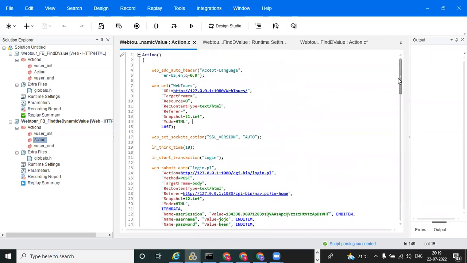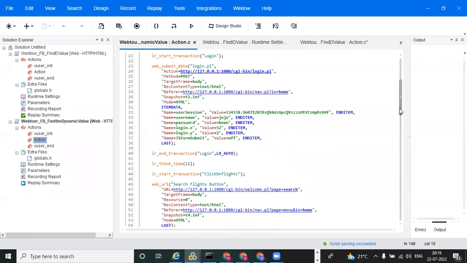So now we can do auto correlation also, for understanding the application, and it is the easy way we can do correlation. We have auto correlation also there. So how to do auto correlation: once you find the dynamic value, you